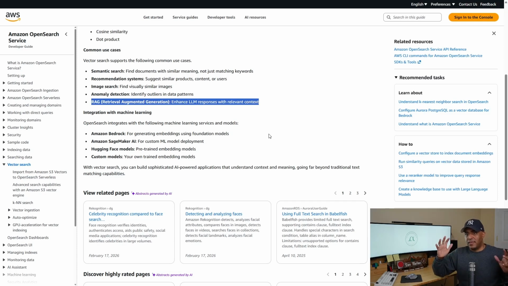And the way OpenSearch does that is all that knowledge base is created in an S3 bucket, which is hung in my S3 service. And then with OpenSearch, you tell it, hey, go to that bucket and vectorize it